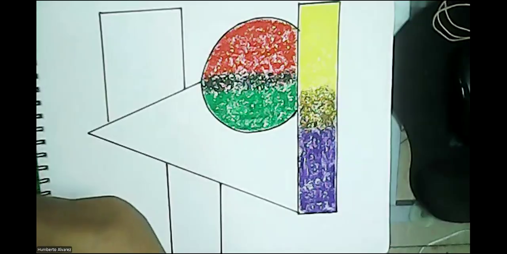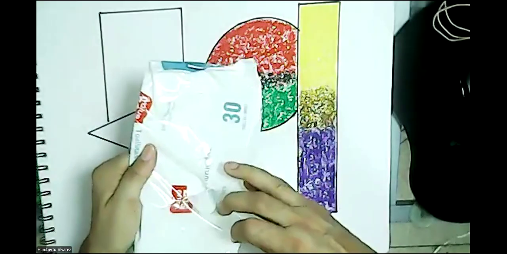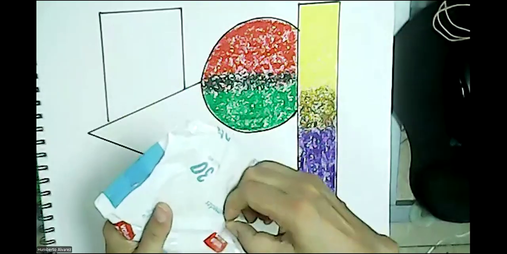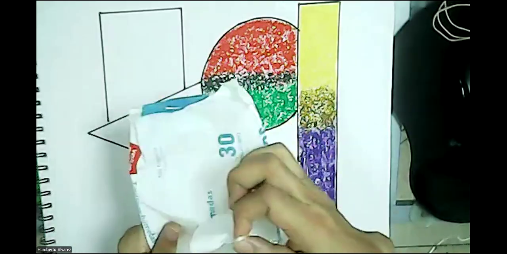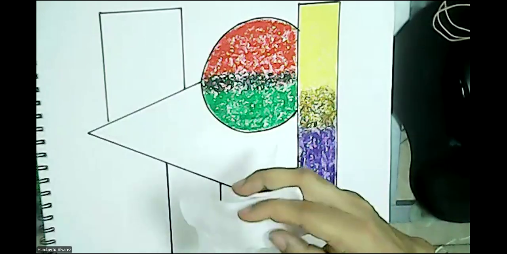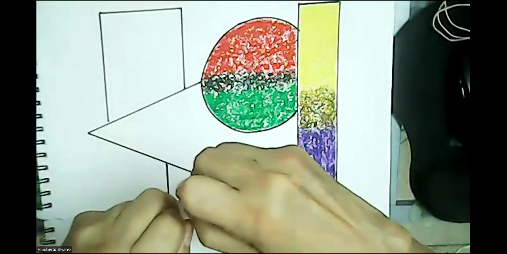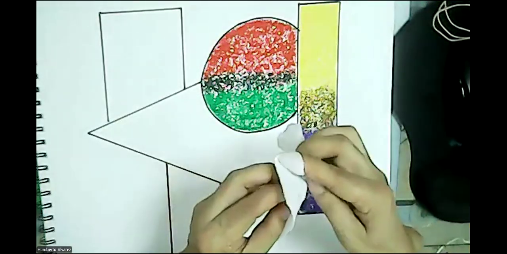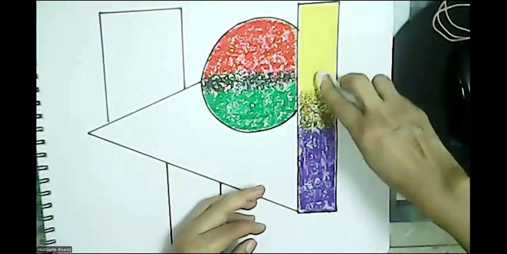Now, also, there is an option number 2, which is using this. These baby wipes are sold in any supermarket, and I like this brand because it has no scent. It doesn't smell like anything, and it is water-based. We can use it, and this is how we can cut it. You can cut it with scissors or with your hand, like this. Put it away, and then you cover your finger like this, and then you do this. This is faster,